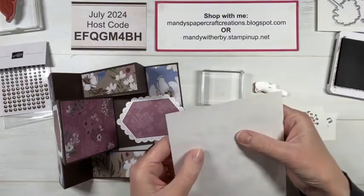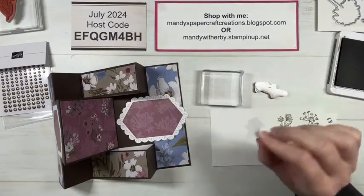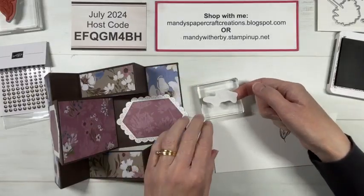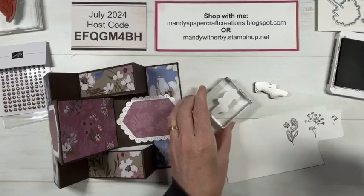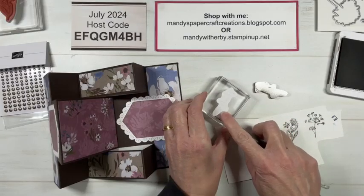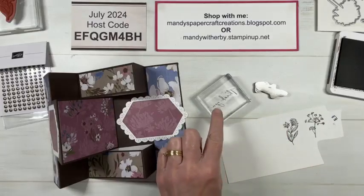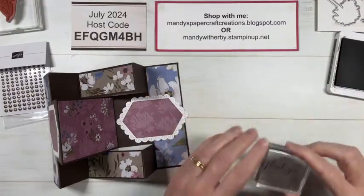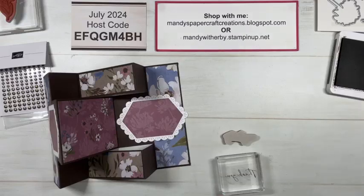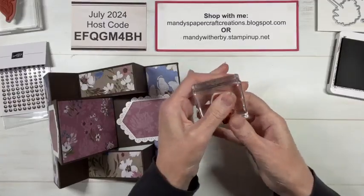So here's how I do my stickers on my stamps. I remove the entire sticker, including the backing. Make sure you've got a big enough block to fit it on before you do this. Use a clean block and apply the sticker. Remove the backing paper. Okay, now that side is sticky. We're going to adhere that side to our stamp. Now you need to do this under good light, and I'm going to actually put my glasses on before I do this. All right, and then you take the sticker over the top of your stamp, line it up with the outline of your stamp, press it down, give a good push,